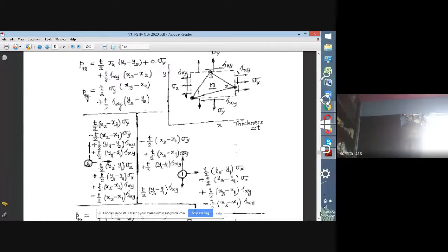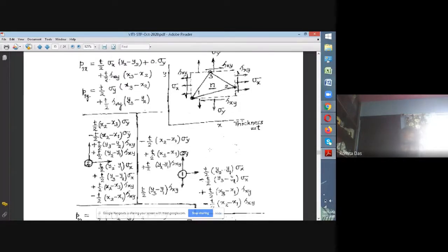Now another thing is there. You are also going to have load due to this tau xy acting on this area, which is nothing but x3 minus x1 multiplied by t into tau xy. So we will have to put half of that at this node, in the positive direction. So it is x3 minus x1 here in the third line multiplied by t by 2 into tau xy. So finally, the total load coming in the x direction at node number 1 consists of these 4 terms.